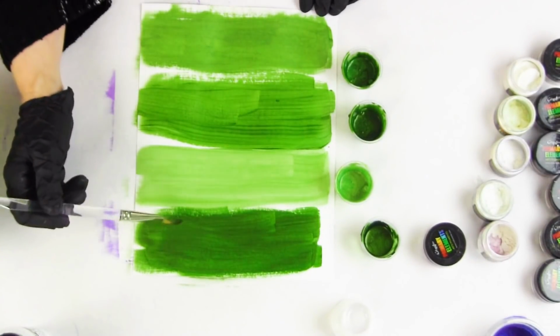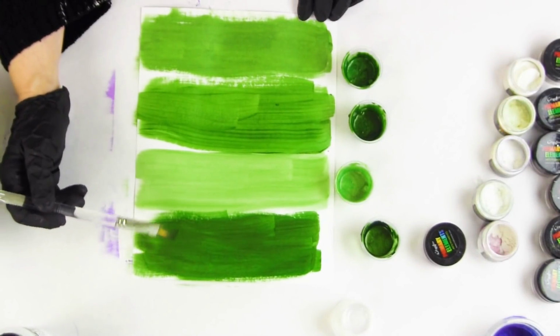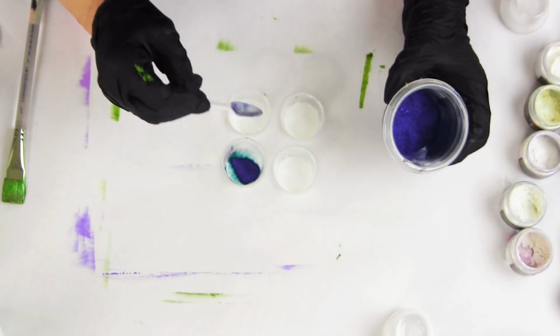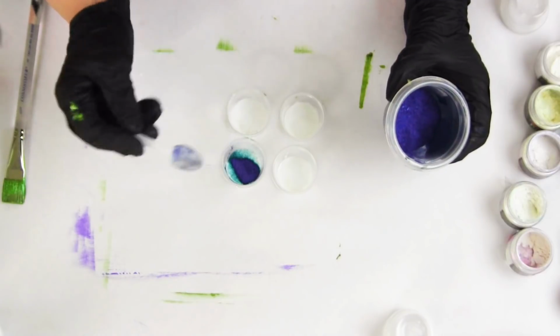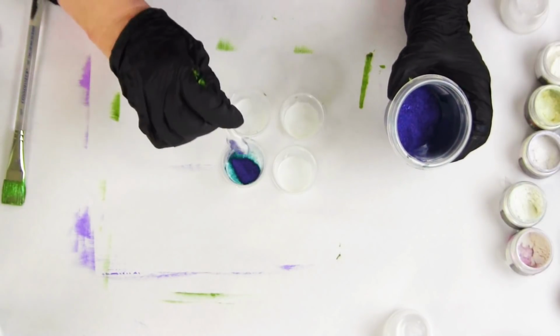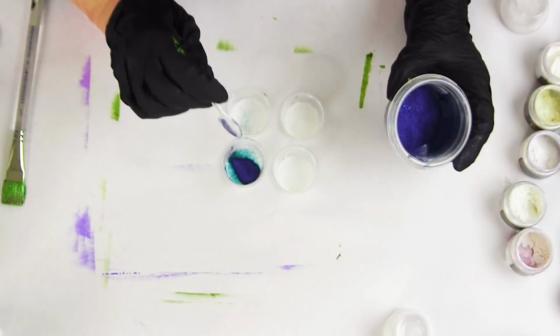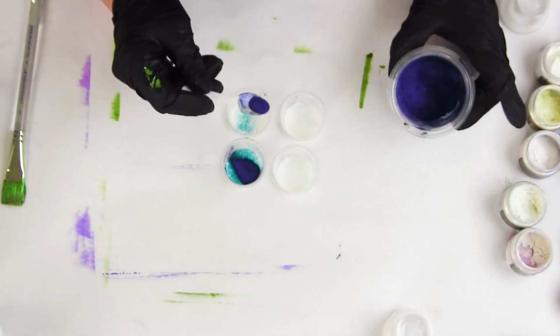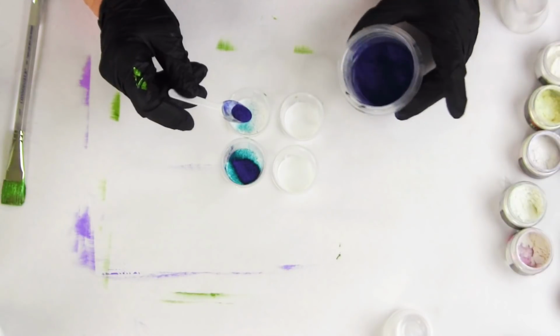But those little pinches of the Majestic blue, wow. So Mystic Blue is a teal in the blue family. As you see it hit, you're going to see bits of turquoise here in the corner. You can tell it is a teal, but it is a deeper teal. And we're going to actually do one where we try to make it a little bit more blue. So remember how strong the Majestic was. We're going to do another one that is